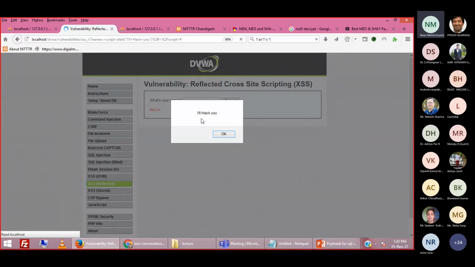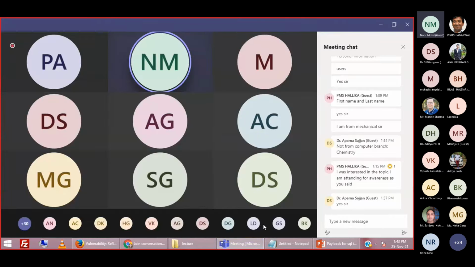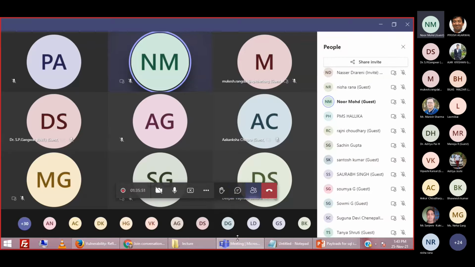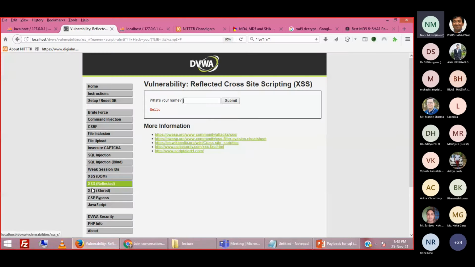All users will be very concerned about their data, and if this pop-up comes on a website saying your data has been hacked, definitely users will have a bad impression of your website. Even though the data is not hacked, just giving a pop-up message saying all users' data has been hacked is going to cause a huge loss to your company's reputation, right? This type of thing can be done by the hacker.